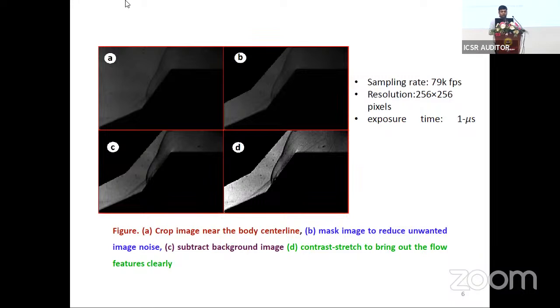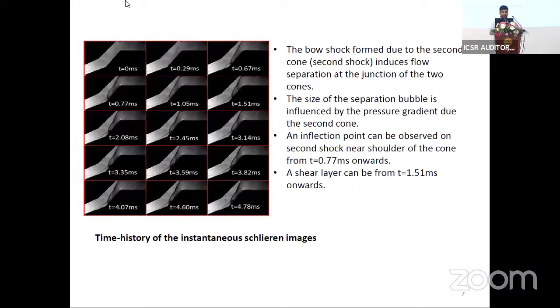The wave service the second round influence the function of the junction of that information. The fact that situation levels is influenced by the formula due to the second round. So when information round observe the second round the shoulder of that round is equal to 7 minutes. Same way seen from at least from which 1.5 comes in India. So using this analysis